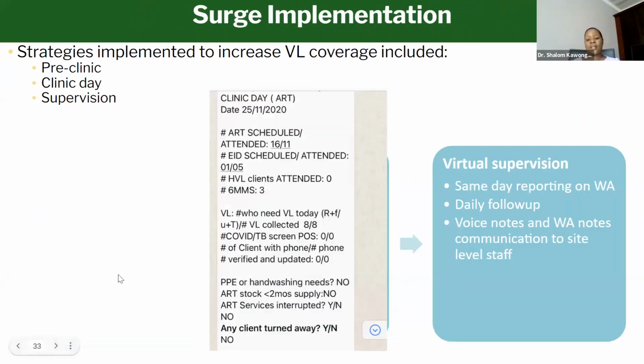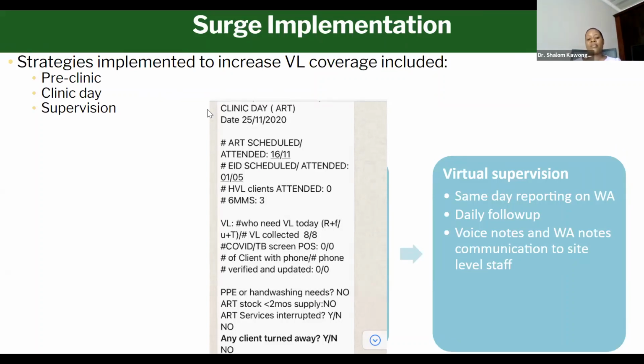And finally, there was ongoing supervision for all of the sites. So every day, the facilities had to report through a WhatsApp platform how many clients had come to clinic and how many viral load samples they had collected. Through experience, we have learned that about 40% of clients coming to the clinic are eligible to get a viral load draw. And so any numbers falling below that made us aware that something could be wrong, and we followed